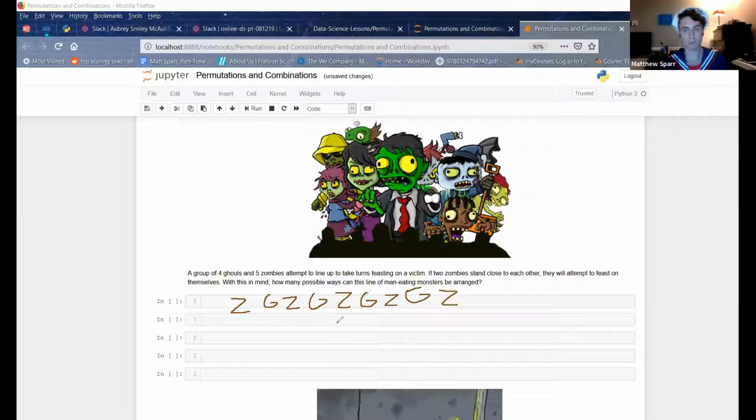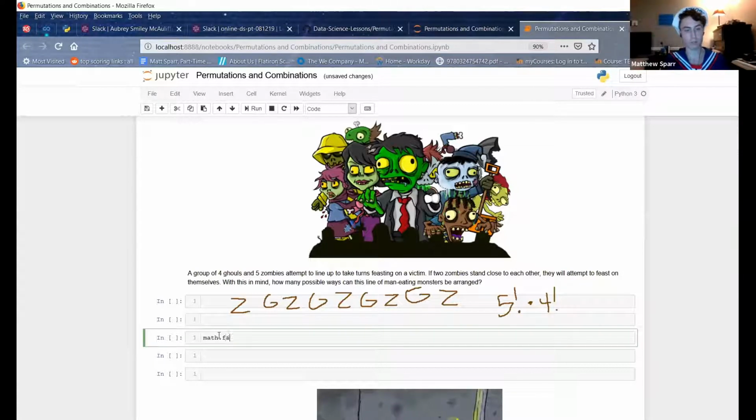So for the zombies, at least, that's going to be 5 factorial, because there's 5 different zombies, 5 different places they can be. And then for the ghouls, it's basically the same thing. There's 4 of them. So it's going to be 5 factorial times 4 factorial. And we can go ahead and use